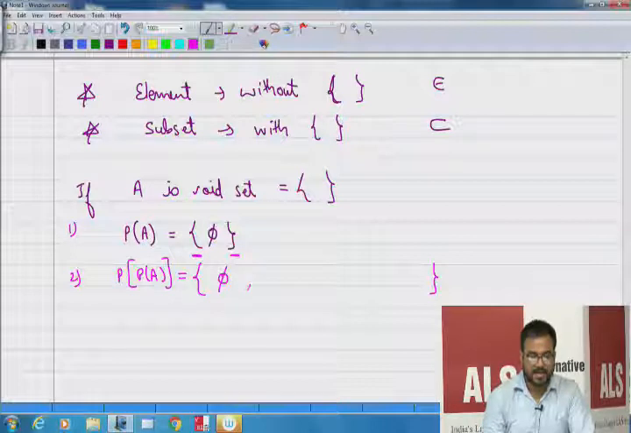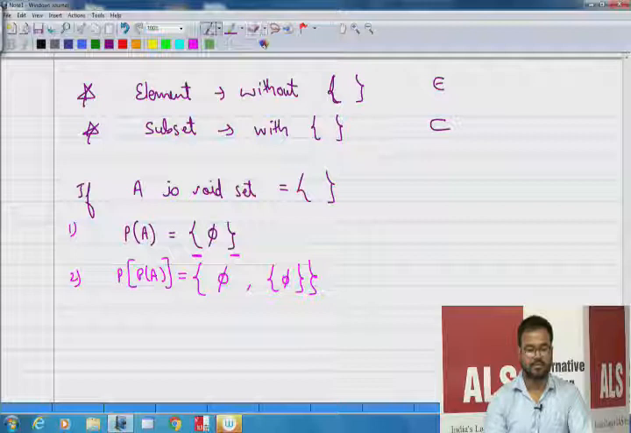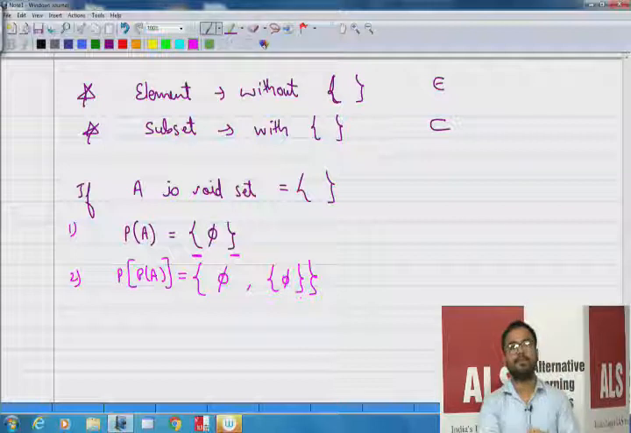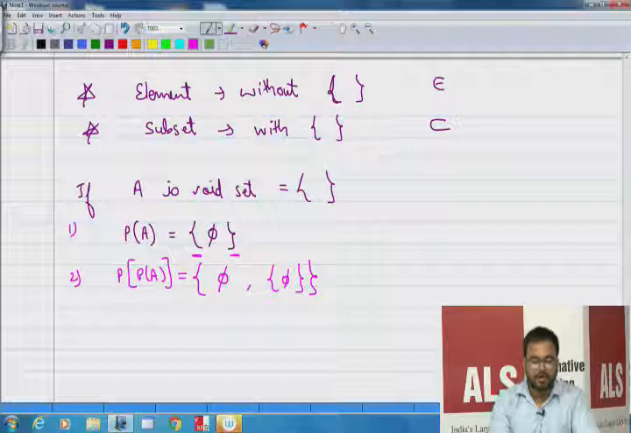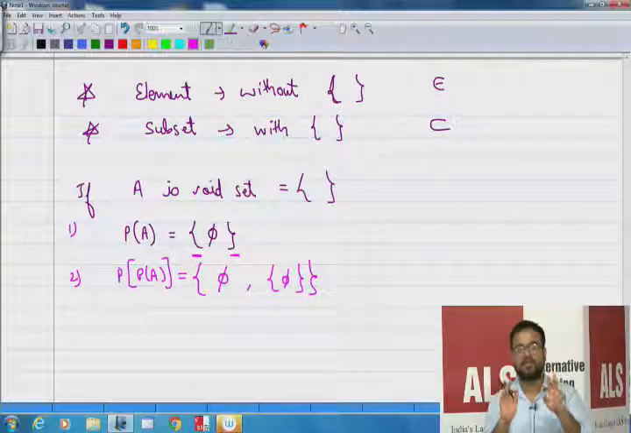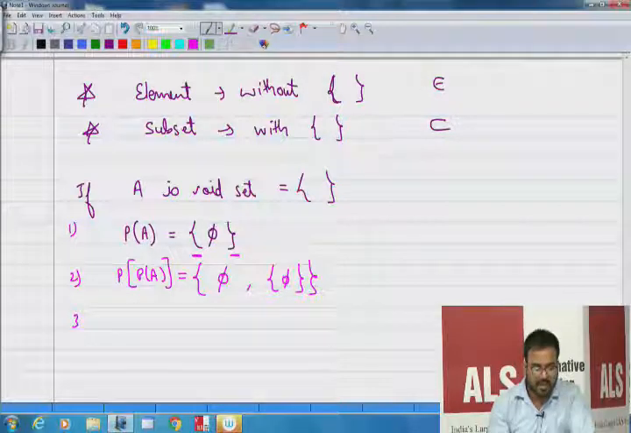And now the second element would be this phi, and this phi has to be written like this. So this is the curly bracket. So these are the two elements in the power set of A. Now in the second step, you can see in this power set we have the two elements, phi and phi with a curly bracket. Now again if we take the power set of this thing,